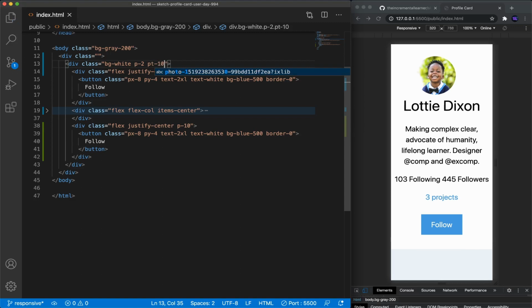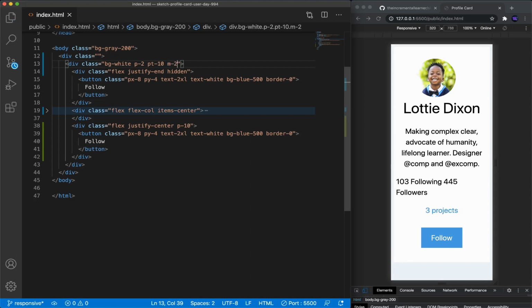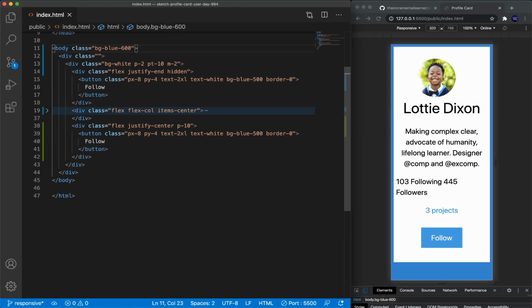Okay, and just to show that it's a card, we can add a margin of 2. So on the top, left, right and bottom, and maybe we can change the background to a darker color, something like blue 600. Okay,